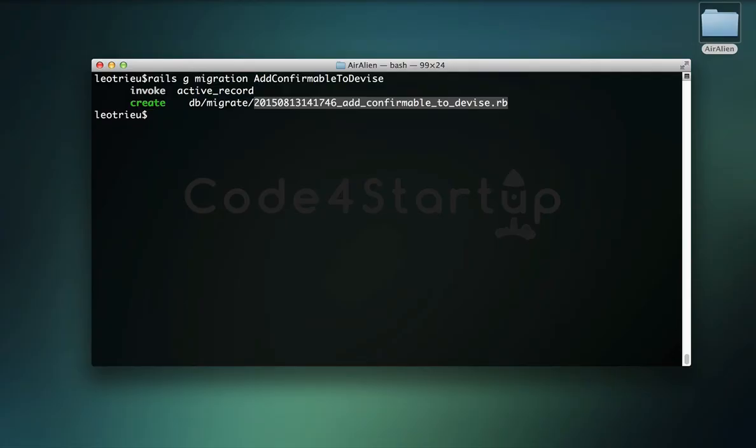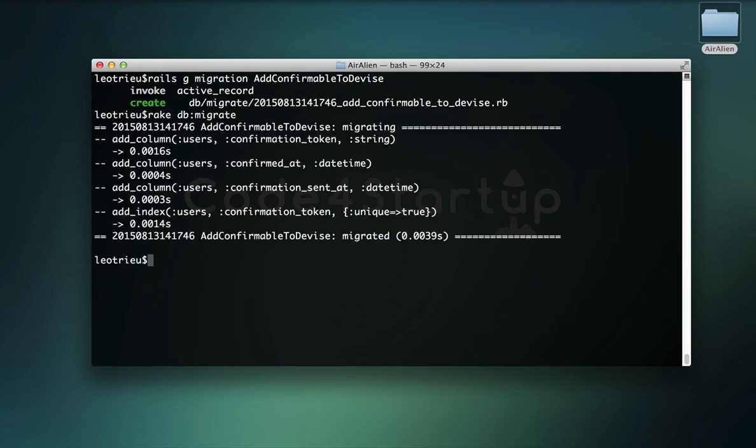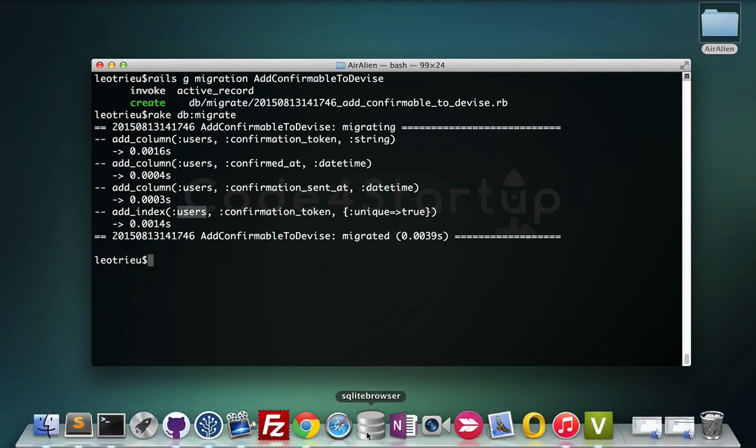So back to the terminal, we need to run rake db:migrate to migrate those changes into our database. Alright, now as you can see, once you run the migrate, it just adds a column, confirmation token, to the user table, and the same thing with confirmed at and confirmation sent at, and it also adds the index to the user table. Now if you open the SQLite browser,